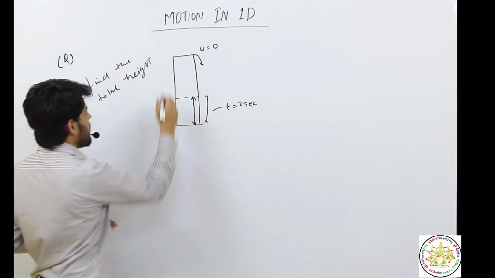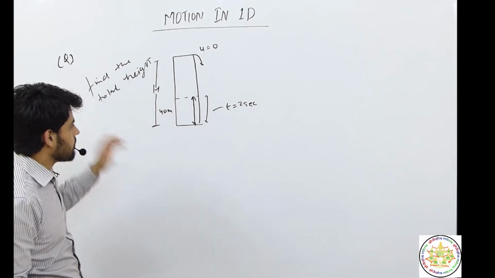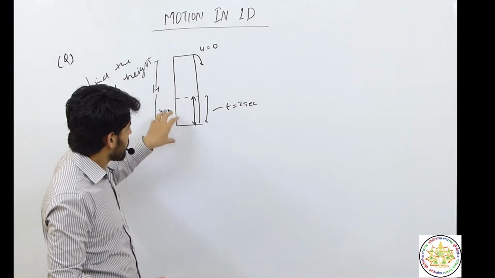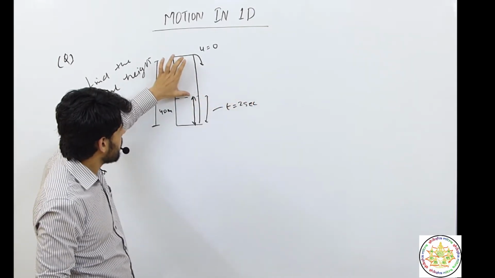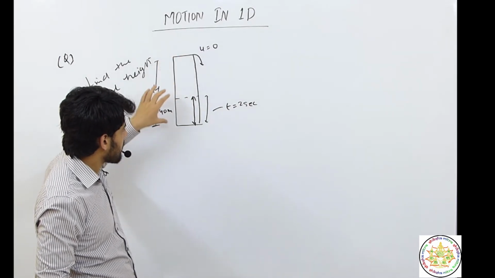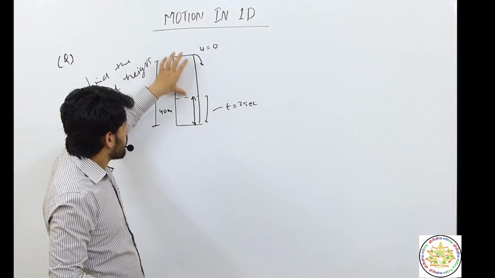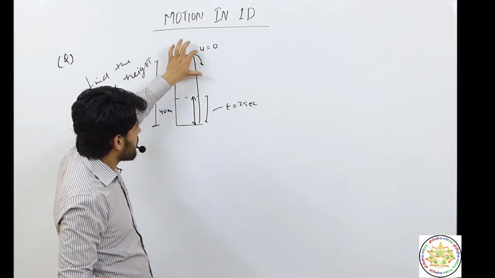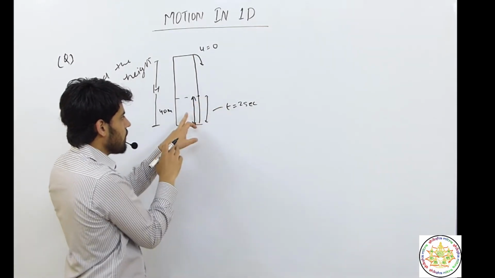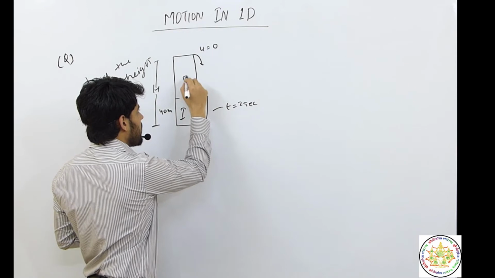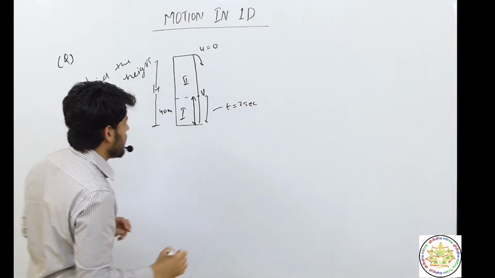Height of this building, that is, we have to calculate the h. See, we know this height that has been covered in 2 seconds. If we know this height, then we add 40 in this and the total height of the tower will be attained. To calculate the height we have initial velocity; we only need the velocity at this point, which is initial for the first case but final for the second case. We'll put it as v.